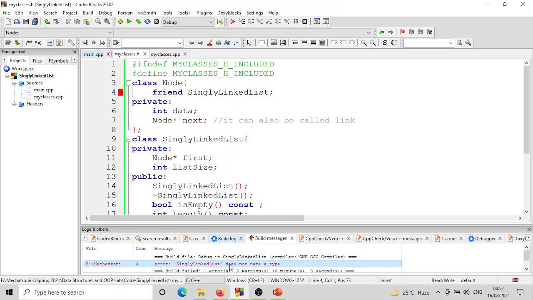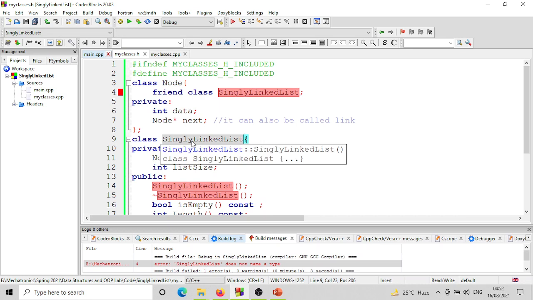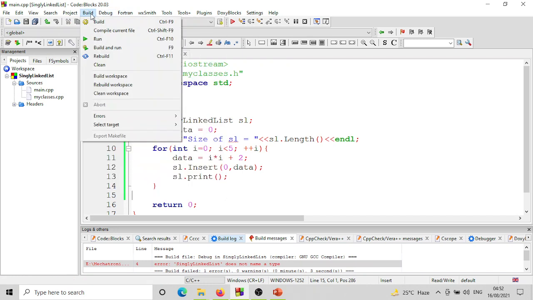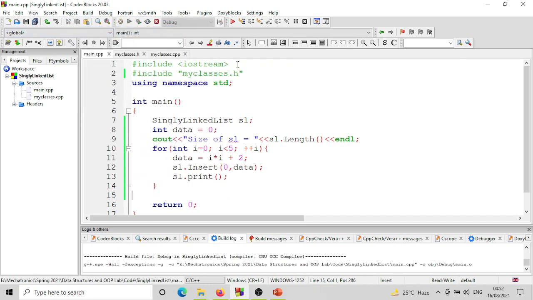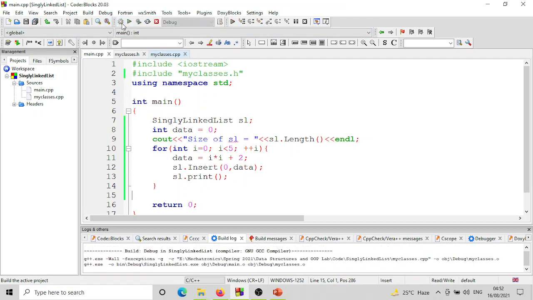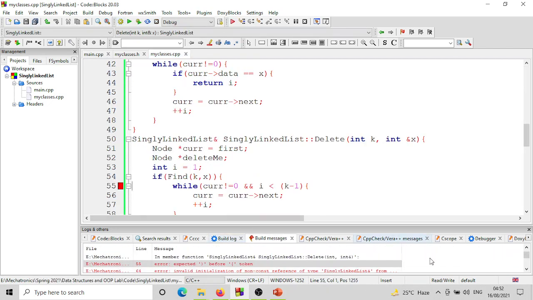So let's see कि ये कोड काम करता है या नहीं, ठीक है। So कंपाइल कर लेते हैं इसे। अच्छा जी, singly linked list does not name a type, friend class SinglyLinkedList, ठीक है। अच्छा, it compiled fine, good, let us build it. Okay जी, now we have some problem. Expected this before this is in delete, ठीक है।